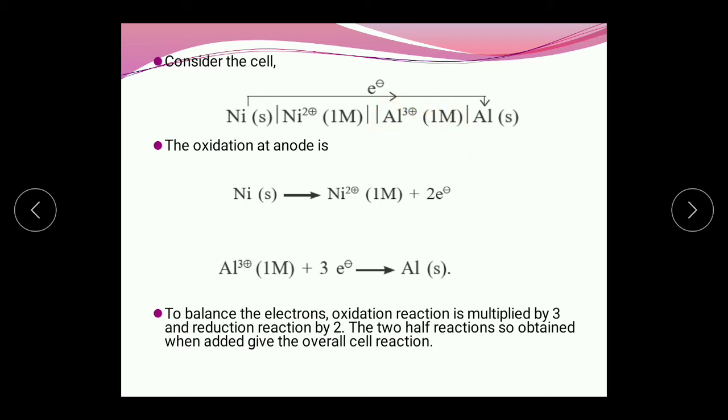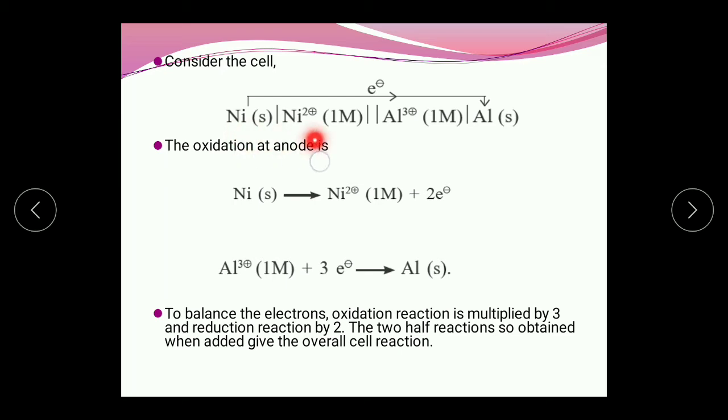Solution of aluminum ions, how is it prepared? As I told you, any salt of aluminum is taken and dissolved in aqueous medium, or in water, we can say. So, 1 molar concentration is prepared, and thus Al plus 3 single vertical line Al will be the cathode. I told you in the previous session itself, try to practice this. So, open your textbook, you will get a number of examples. Just try to write the notation first. And then from the notation, we can write the cell reaction.